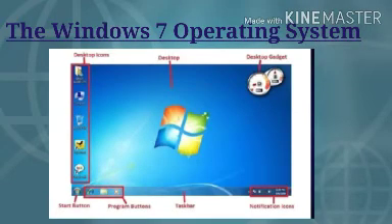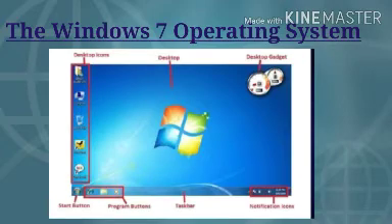So let's see what are the features of Windows 7. Windows 7 is an operating system. An operating system controls a computer's hardware and software and helps them work together. When a computer running Windows 7 starts, we see the screen as shown here. The main screen area that we see after Windows 7 starts is called the desktop. We do all our work on the desktop.